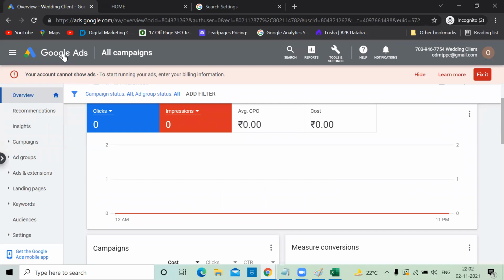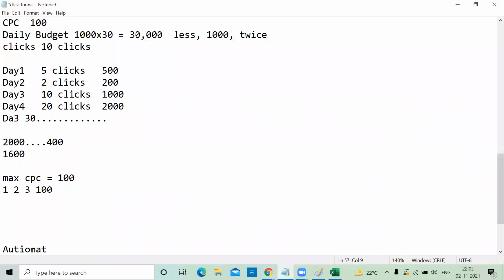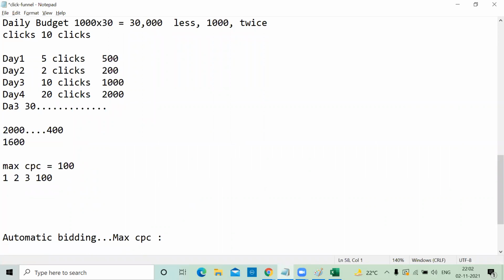So this is the perfect search campaign. So if you are an advertiser, a freelancer, working for a company, or a student, I recommend you to put some budget and check how it is working. So my suggestion for any campaigns is to use automatic bidding and use max CPC amount. To decide max CPC, use keyword planner and decide how much you want to pay, and it depends on your budget also.